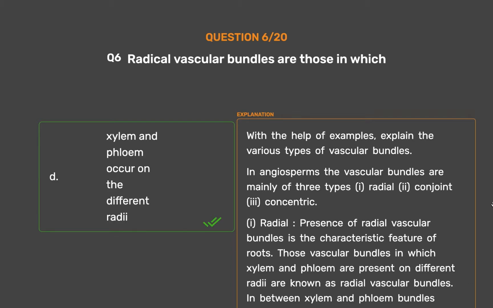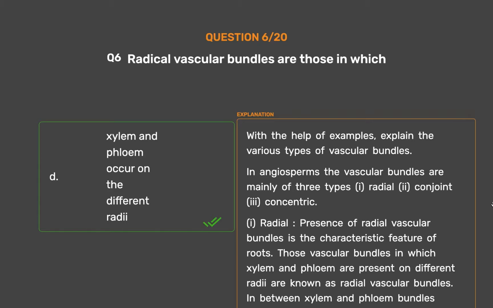Conjoint vascular bundles may be collateral, where phloem is present only outer to xylem, or bicollateral, where phloem is present on both sides of xylem. If cambium is present between xylem and phloem, then the vascular bundle is known as open, otherwise it is called